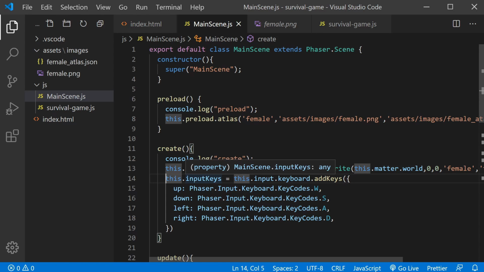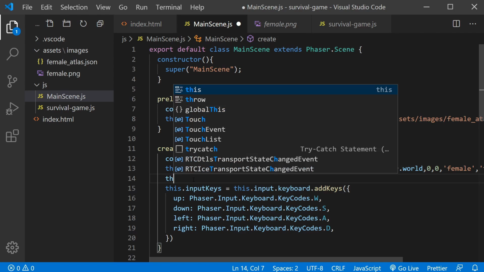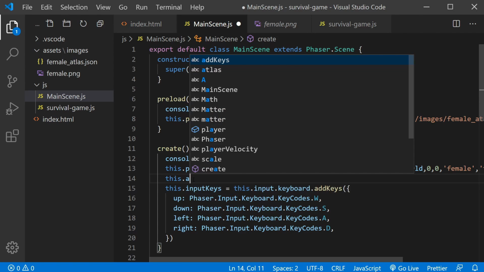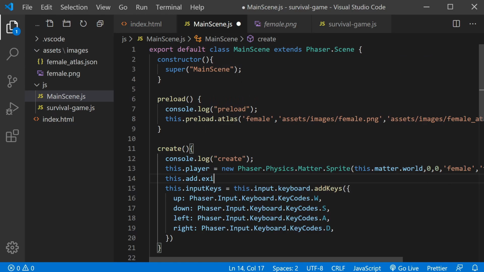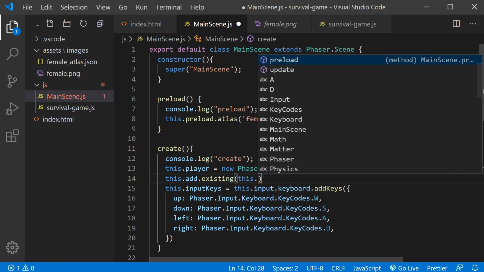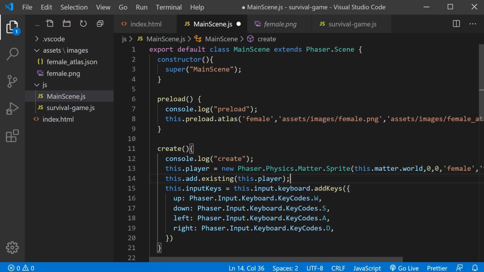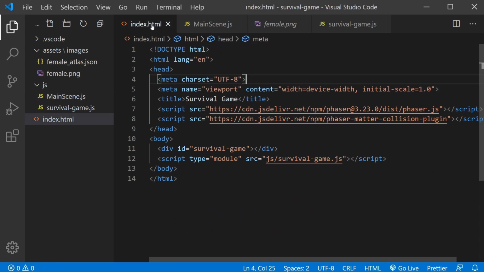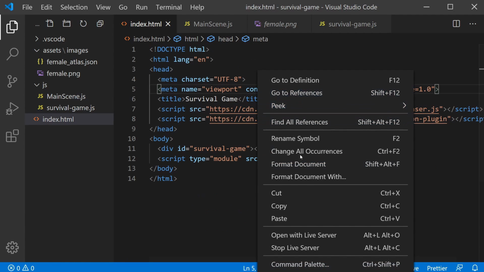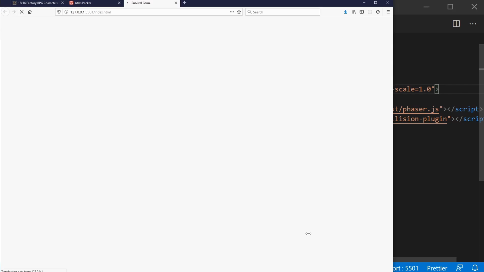Now that's not quite enough to get the sprite to show. We actually have to add it to the scene. So we do this dot add dot existing, and we specify the sprite we've just created on the line above. So we've added this Matter Sprite to the scene like so. So if we now go back to our index.html, right click, open with live server,